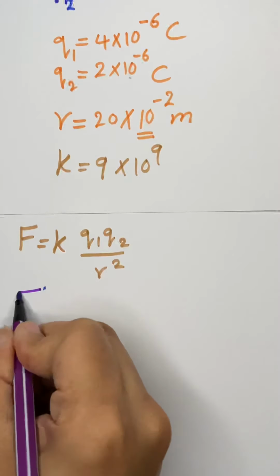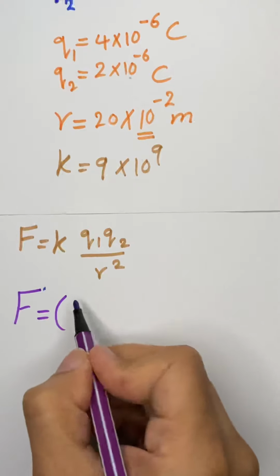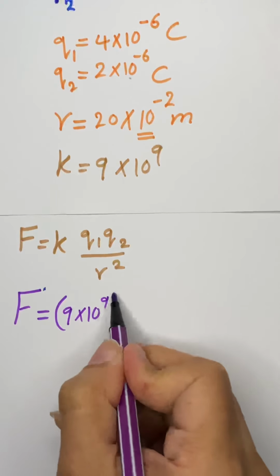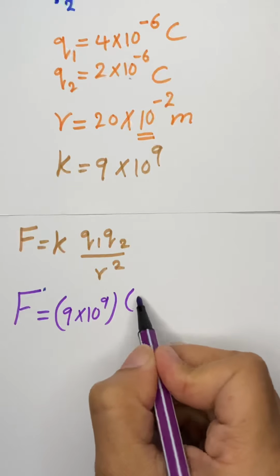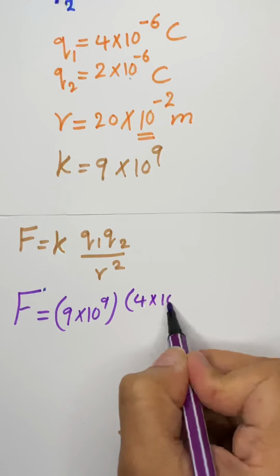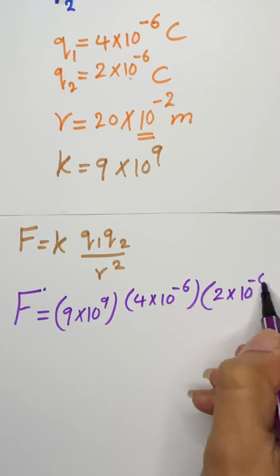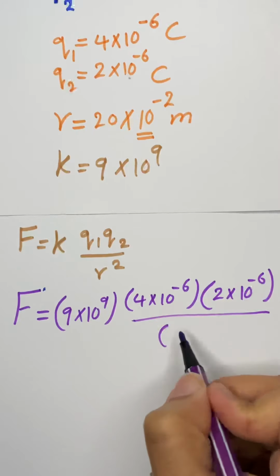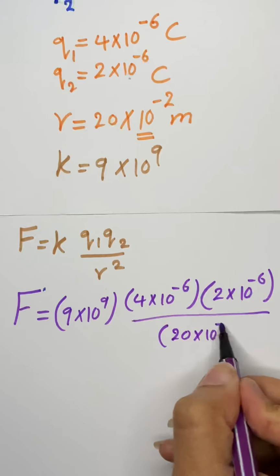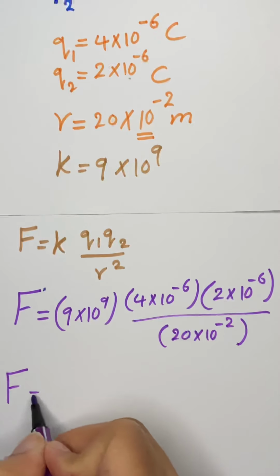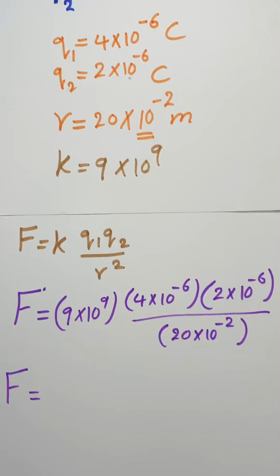I got everything, so now it's just a calculation. 9 times 10 to 9, Q1 is 4 times 10 to minus 6, Q2 is 2 times 10 to minus 6, divided by R squared, which is 20 times 10 to minus 2 squared. And now using the calculation, I will get